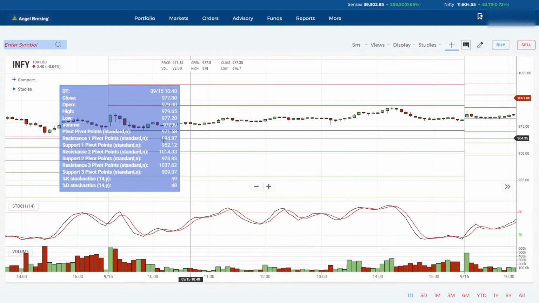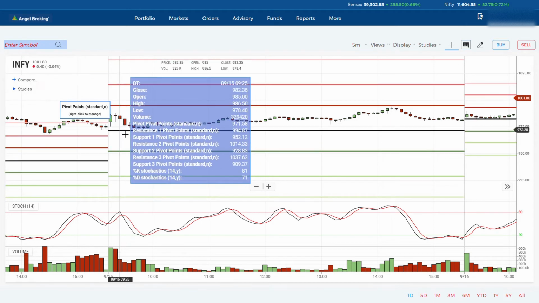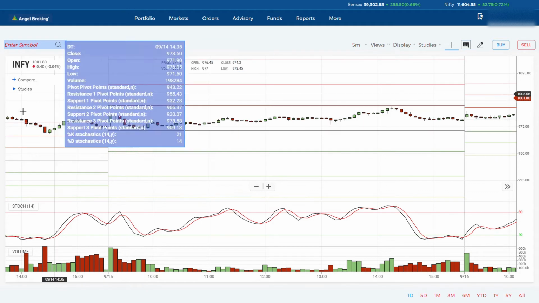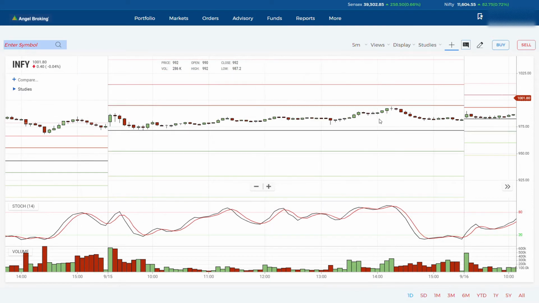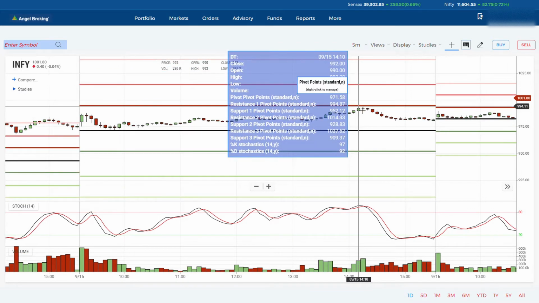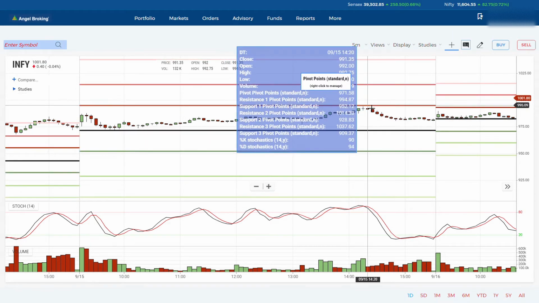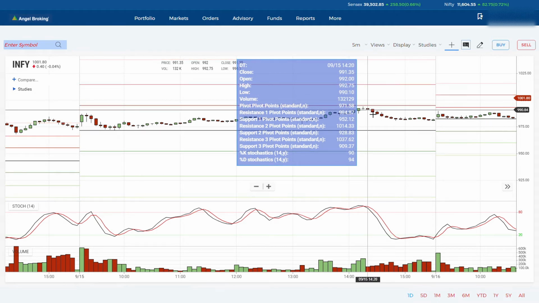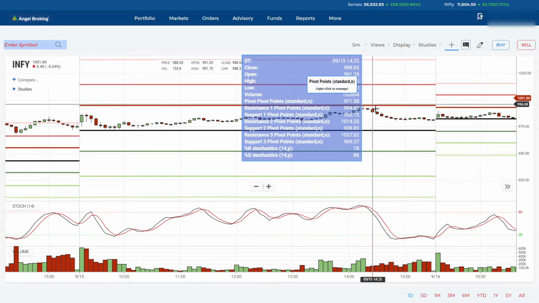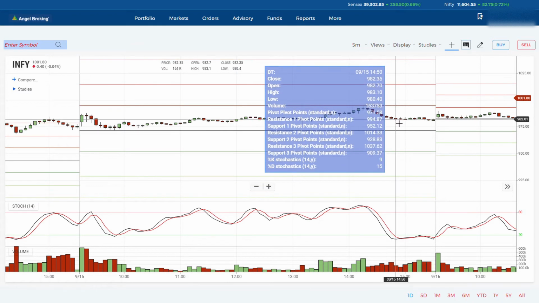So here you see, it's almost in range. The market has opened, the stock has opened below the pivot, but it is almost in range. Here it is trying to break the resistance, but it's not able to do it. So it gets a rejection and is coming down. If you find a rejection here, you can actually short it. You're entering into a position here, and look, you can make a profit till here, from 993 till 982.